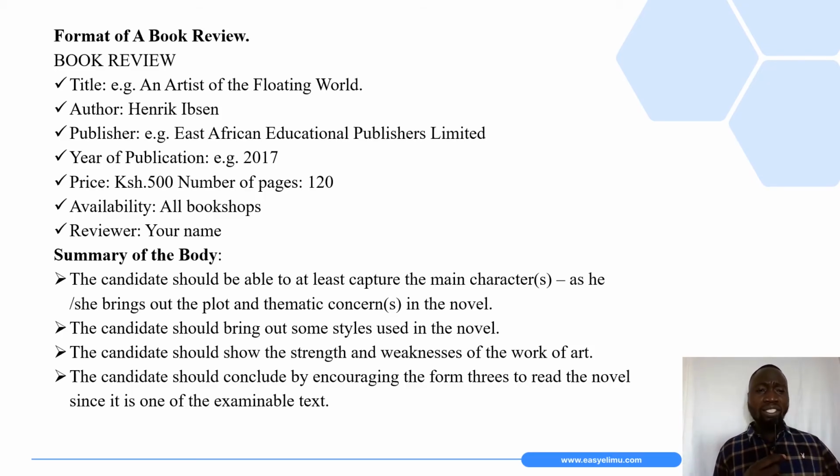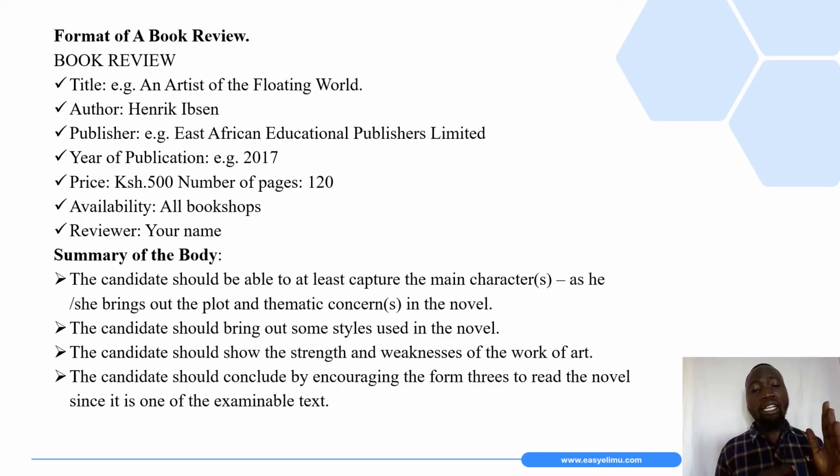So as we started, remember we talked about the format or the layout. We said that a book review must have a correct format or a correct layout, but we did not mention these details that we are supposed to include under the format. So what you have on the screen, dear students, is the format or layout of a good book review. So when you want to write a book review, you must start with the title,